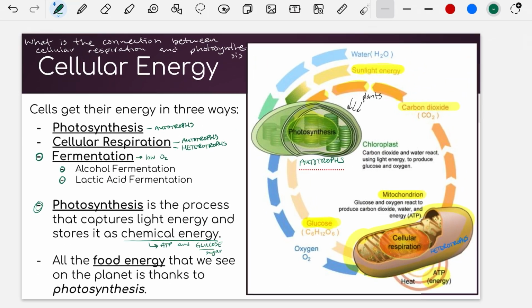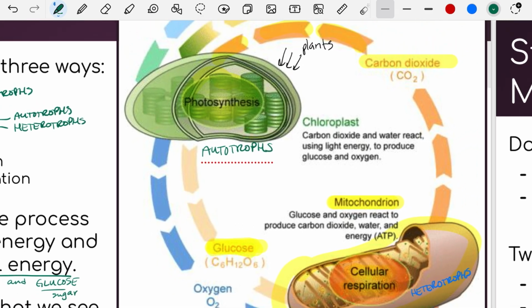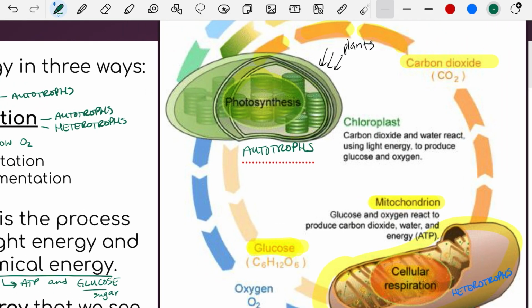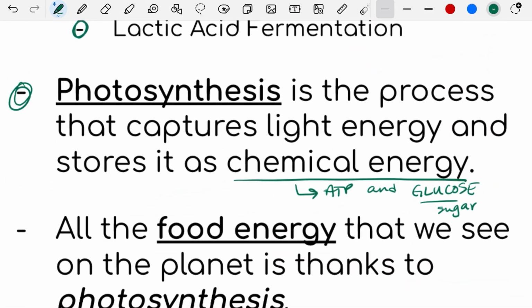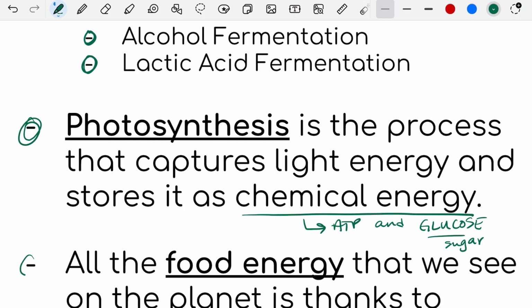And so because of this relationship, all the food energy that we see is thanks to plants, okay? Or is thanks to photosynthesis, right? So that's plants,